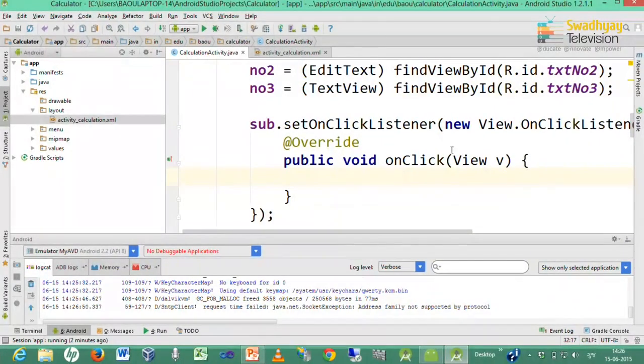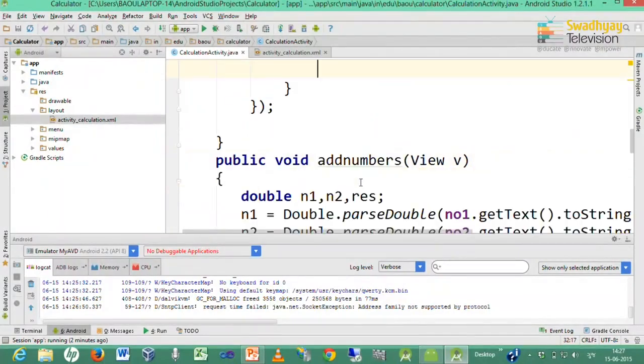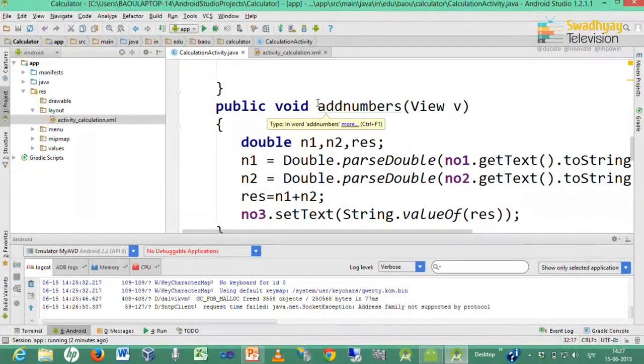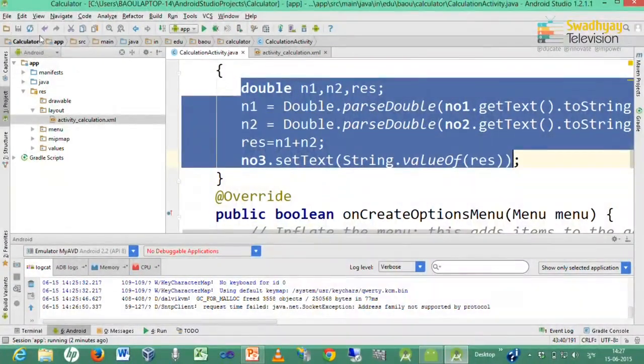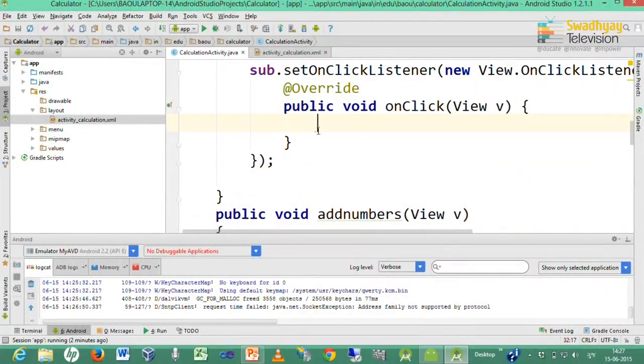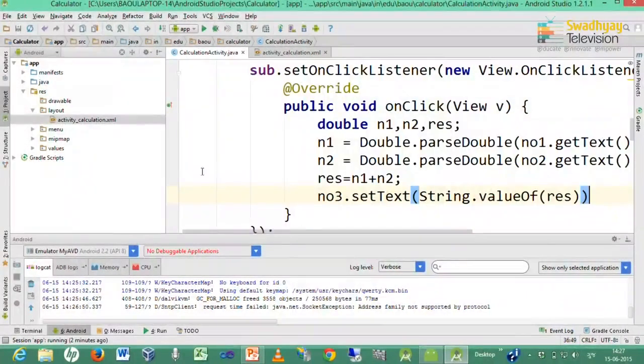Here in on click method you have to write down same thing that you wrote inside this on click method. So, I copy this code and paste inside this on click, but here we want to perform only subtraction. So, here I write down minus sign, everything else remains same.